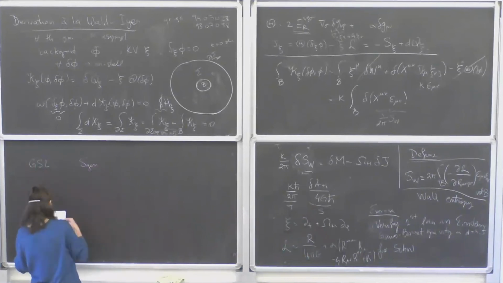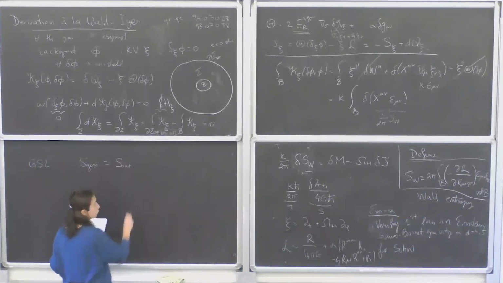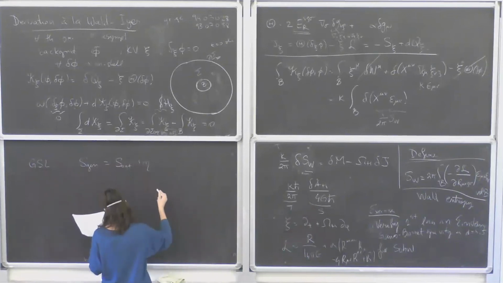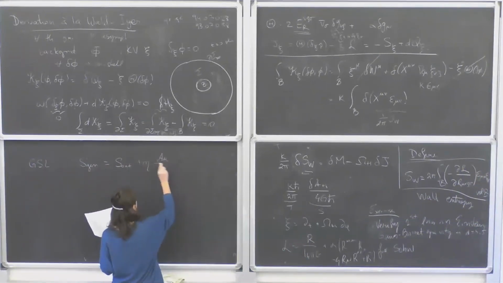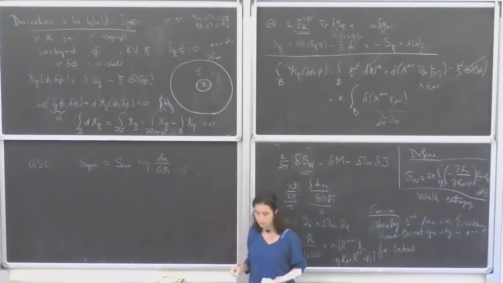So he proposed that the generalized entropy, defined as the entropy of the outside matter plus some proportionality constant times the area of the event horizon over G hbar, which is the natural thing implied by dimensional analysis because this is the Planck length squared,